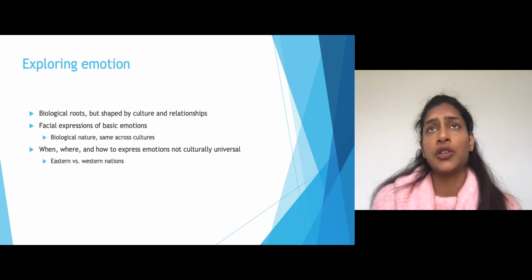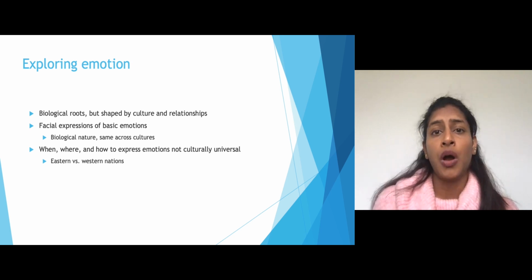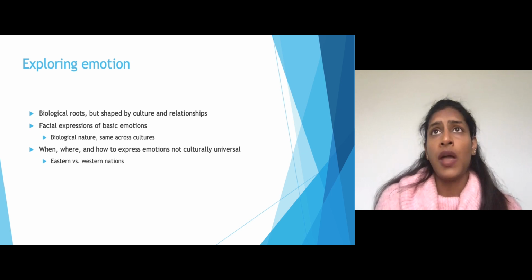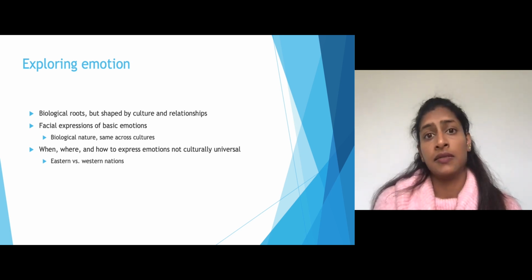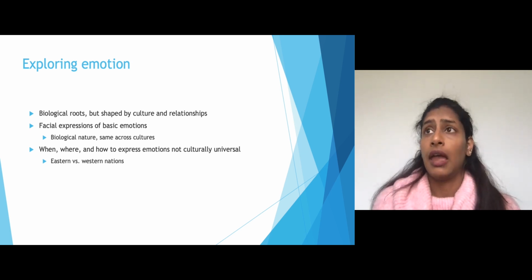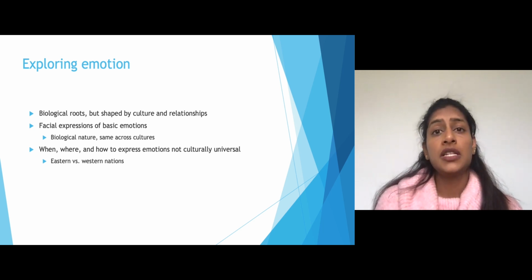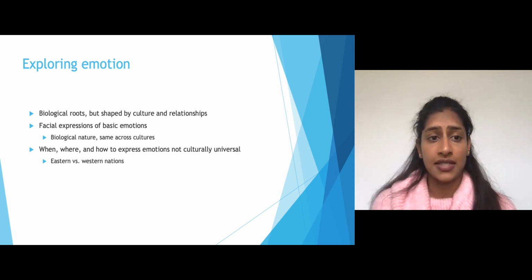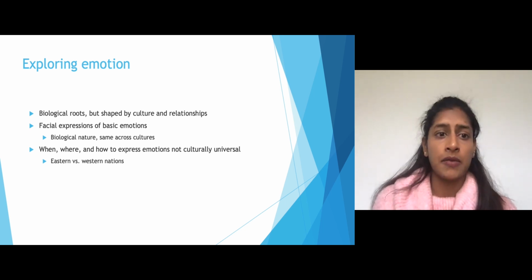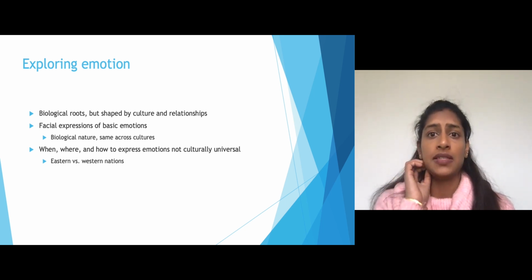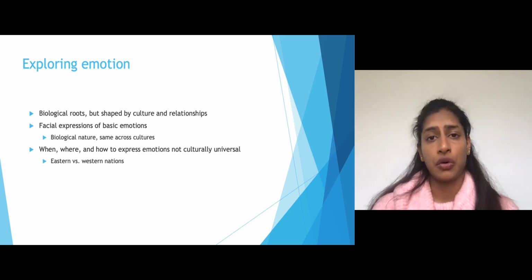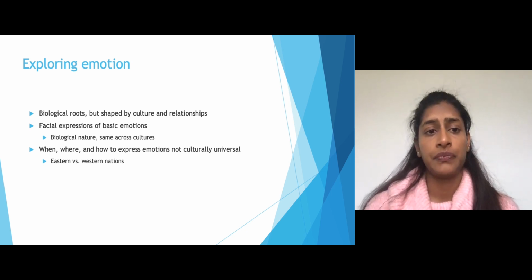Biological components or biological roots are a really essential part of emotions and how emotions develop. The way in which we evidence emotion is very much shaped by our culture and our relationships. Oftentimes, facial expressions are going to be some of those most basic emotions that we can evidence. Because these basic emotions tend to be seen cross-culturally,